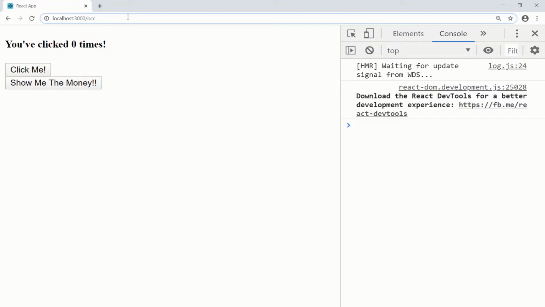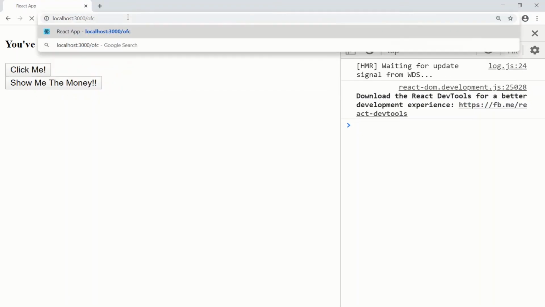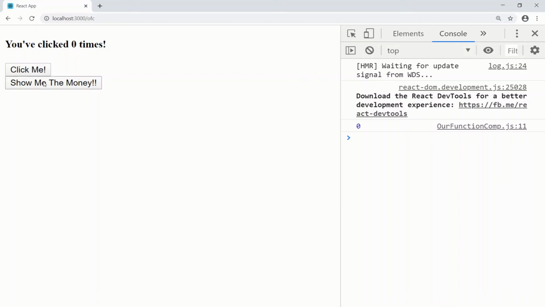So let's go to the function component page. Show me the money. 0 on the back end. Click me. We know it's not going to refresh the front end because there's no way to refresh the front end. But let's just see the back end. So the count on the function component is 1 on the back end, and of course it's not displaying on the front end. Let's go to our class component, CC, and show me the money. So the count on the class component is 0. Let's click twice this time. 1, 2, and it's updating on the front end,